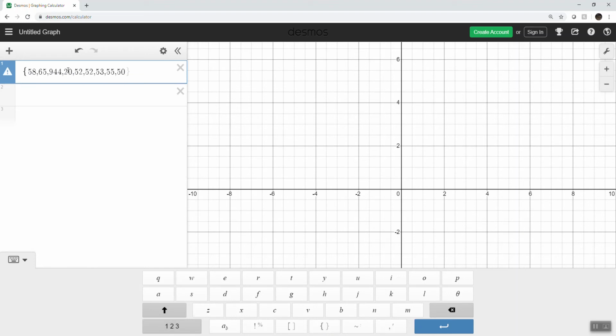So what I've just told Desmos is that here is a list of numbers, or a set of data, that we want to work with. And I think we need to call this something, let's say x equals that. And then